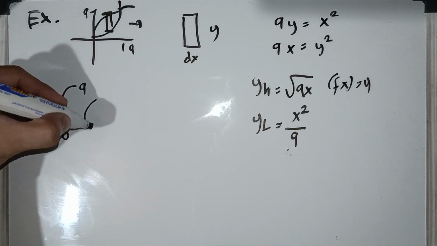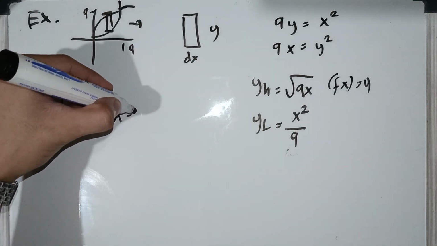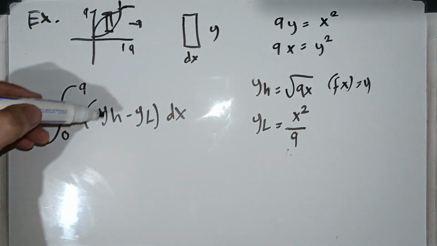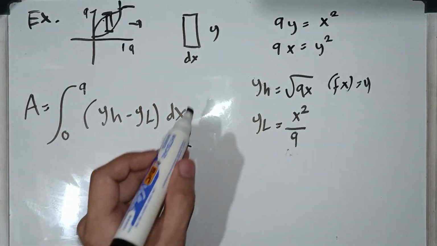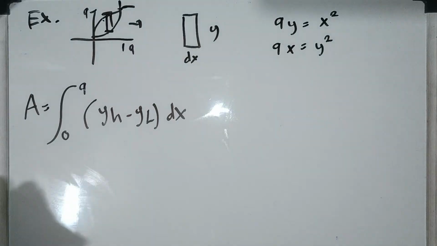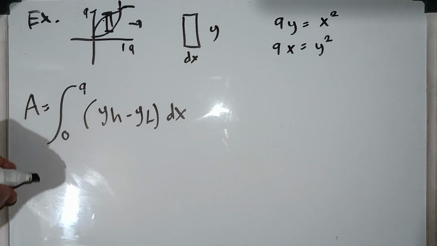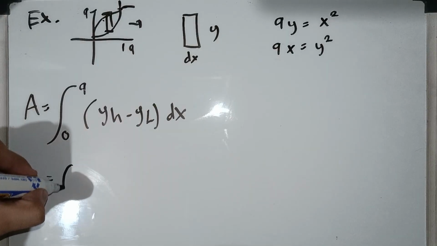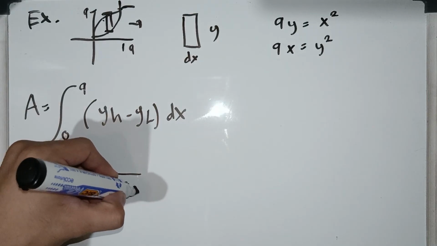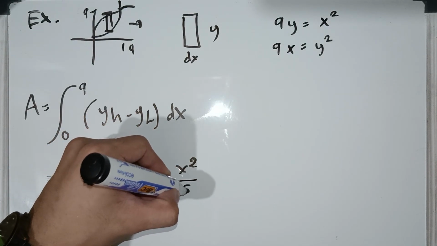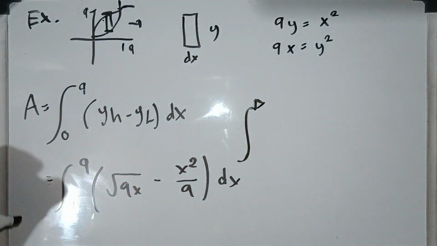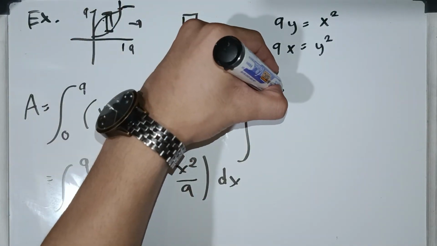Since y is equal to the difference between the y high and the y low, let's put it here times dx. So we have now the y, which is here, and the dx. We can now use this formula to get the area of the two parabolas. That is equal to the integral of the square root of 9x minus x squared all over 9 times dx from 0 to 9. So now we have the integral of